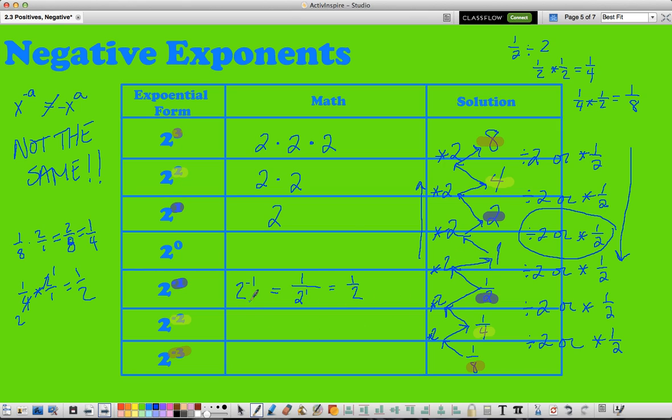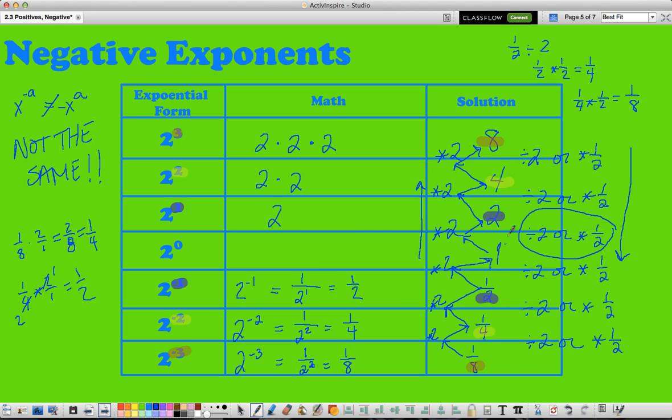And then here's how you just do it without having to multiply or divide. So you have 2 to the negative second power, which is going to be equal to 1 over 2 to the second power. So you keep that exponent the same, but now it turns into positive, and then you find the solution to it. Here you have 2 to the third power is equal to 1 over 2 to the third power,